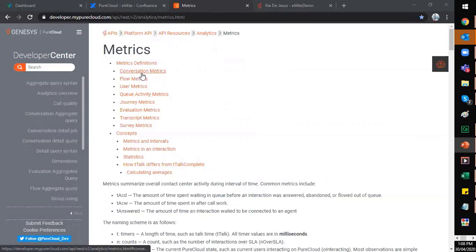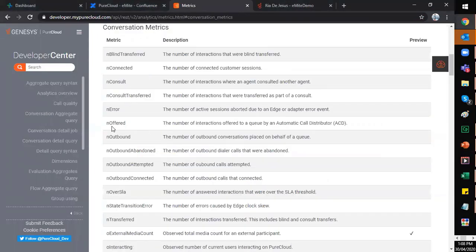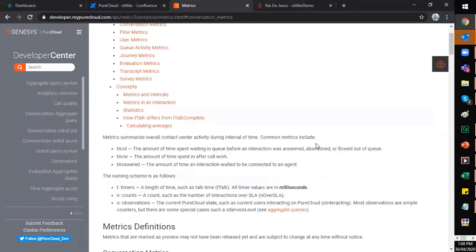So if you can just click on conversation metrics. One of the most popular ones would be "and offered." Most of these different metric labels you would also see in our emite indexes. So this is a very good reference for you to be more acquainted with what you're trying to select in the emite indexes. For instance, "and offered" is the number of interactions offered to a queue by an automatic call distributor, or ACD. So in this Genesys Developer Center page, let me just quickly scroll back up and click